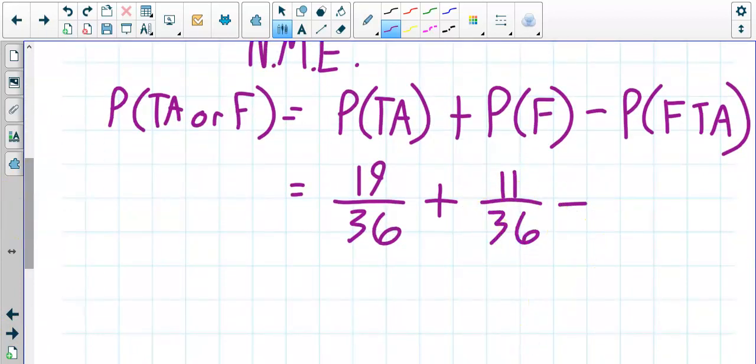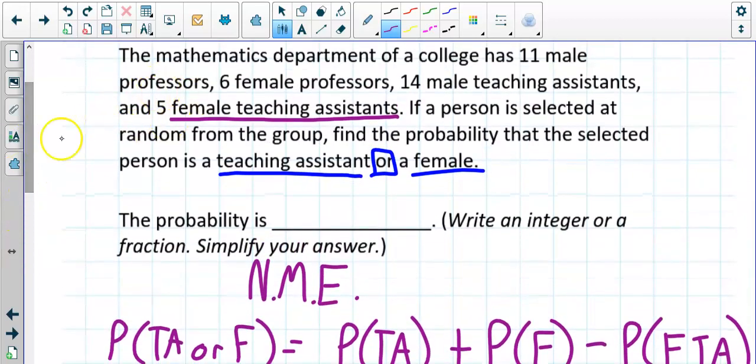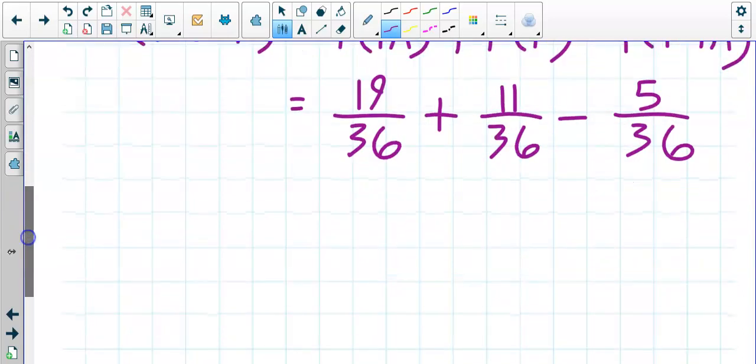But now we got to subtract off all those female teaching assistants that we counted twice. So that's 5 out of 36. So all we got to do is some quick adding and then a quick subtraction. So 19 plus 11 is 30, minus 5 gives you 25